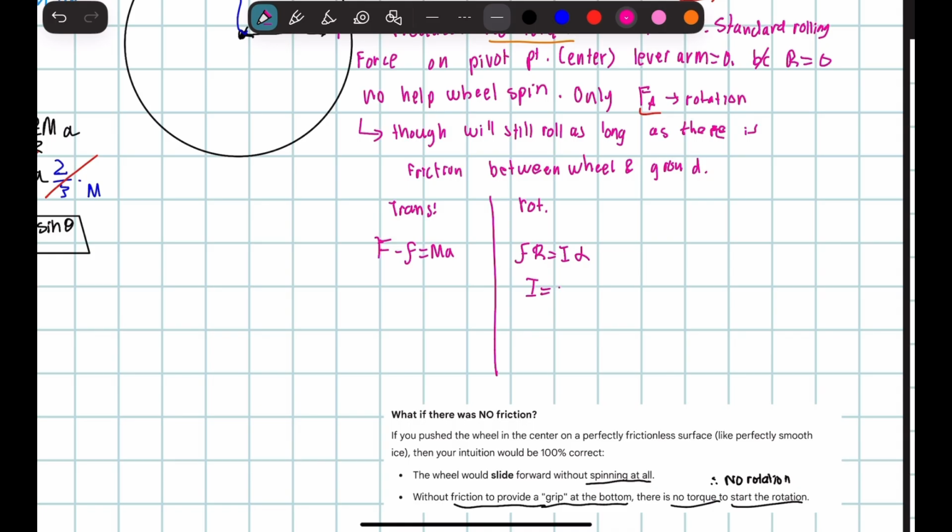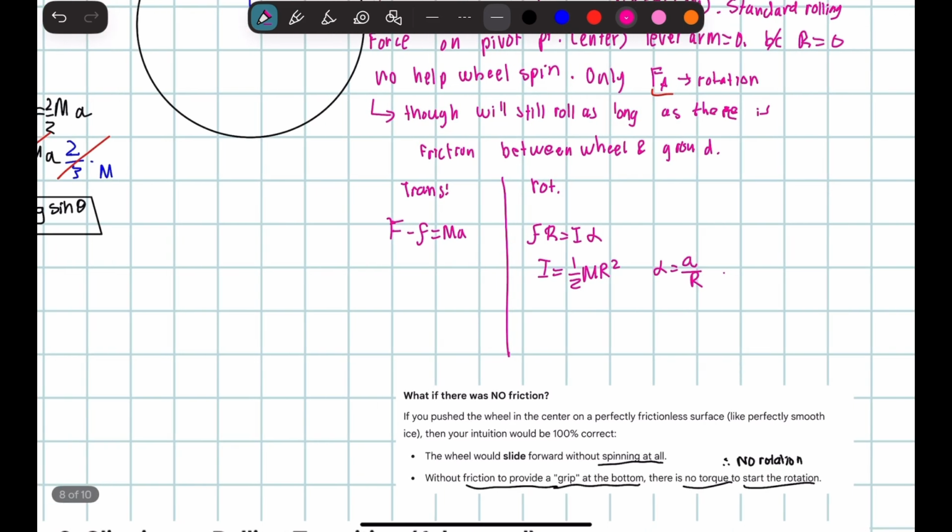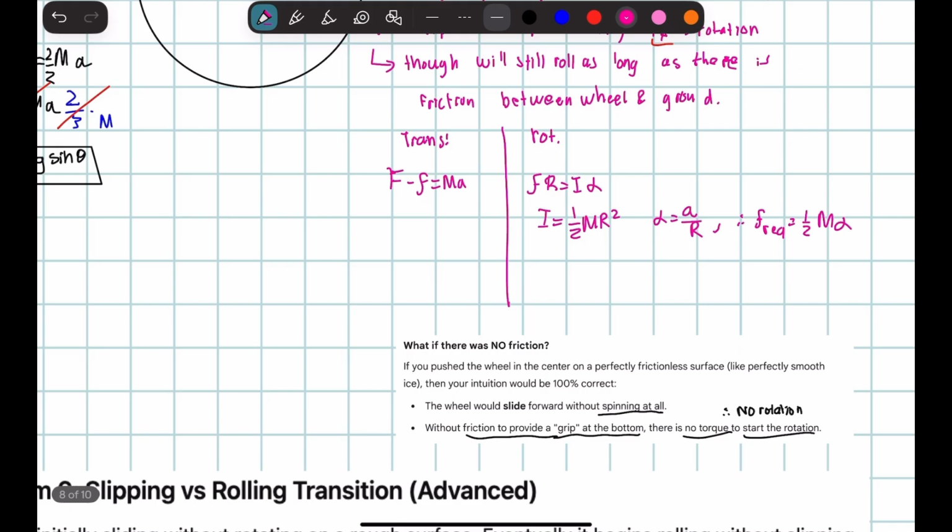I is going to equal 1/2 mr squared, and alpha is equal to a over R. And the friction required is 1/2 ma. And then plugging this back into the translational equation right there,